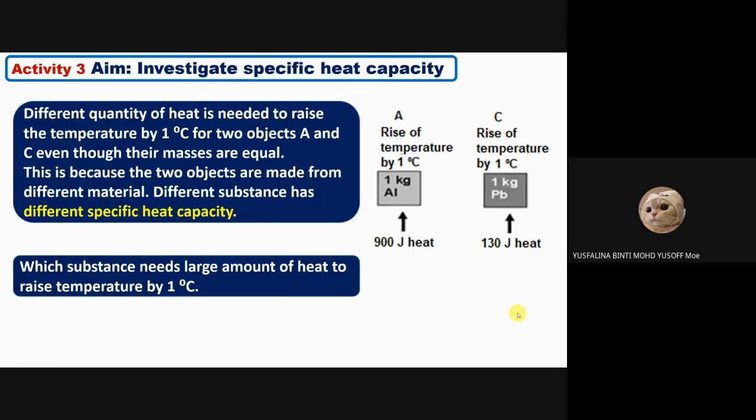Okay, so a different quantity of heat is needed to raise the temperature by 1 degree Celsius for two objects A and B, even though their masses are equal. This is because the two objects are made from different material. So different substances have different specific heat capacity. So what is the difference between the